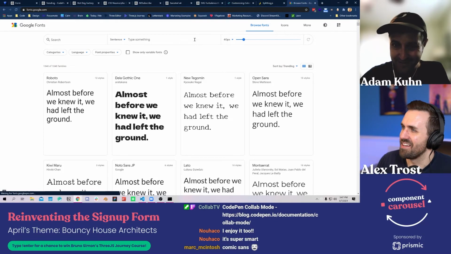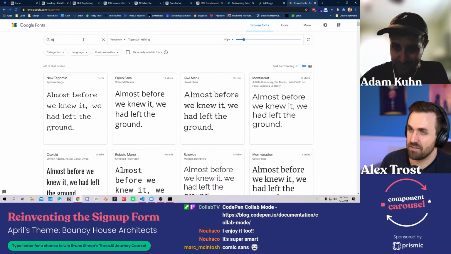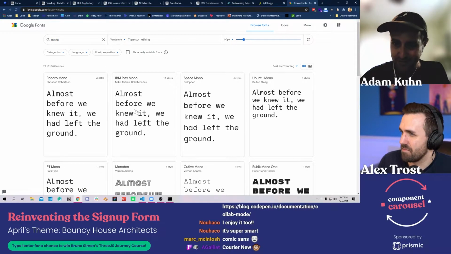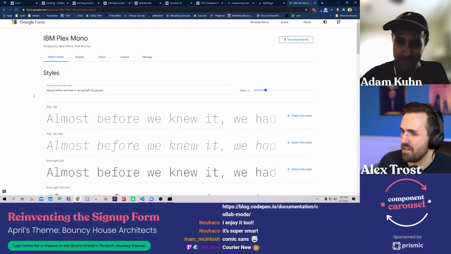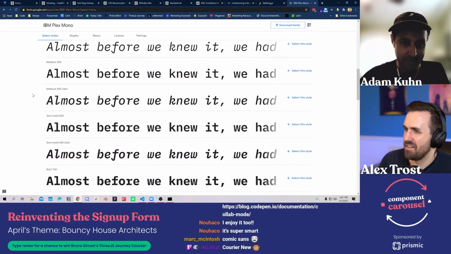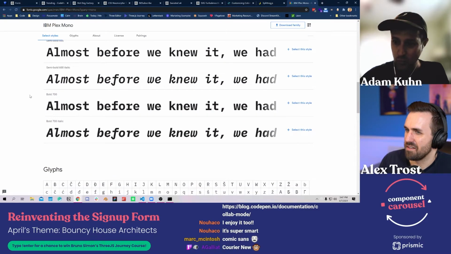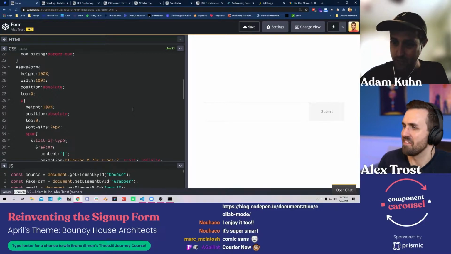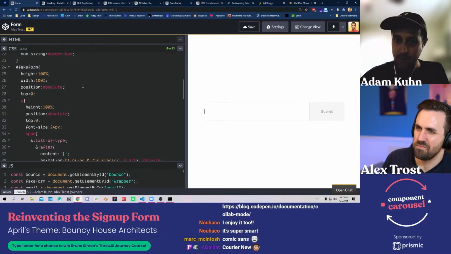I don't know, let's find something kind of soft. Here's IBM Plex. It's kind of soft. Let's use that. Why not? I'm not going to spend too much time fishing around for it. We'll go with the regular, whatever. Let's just import that.